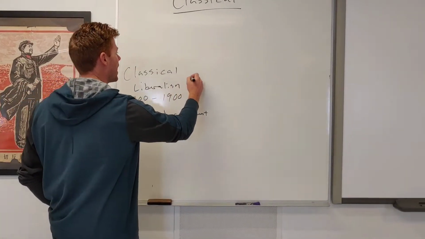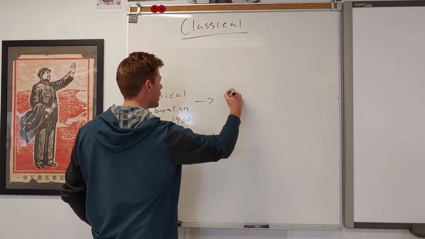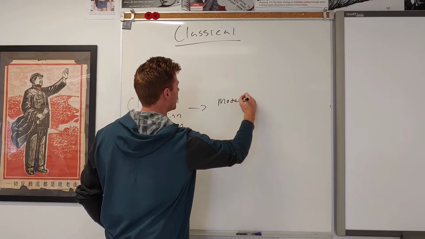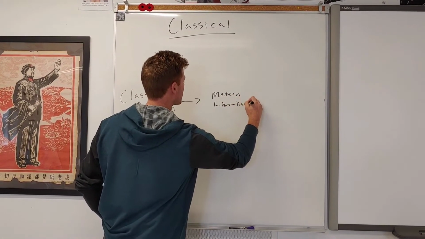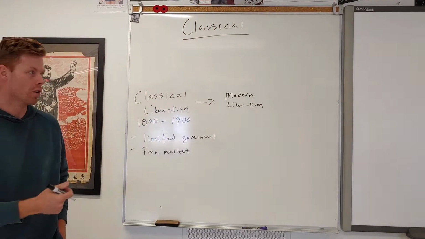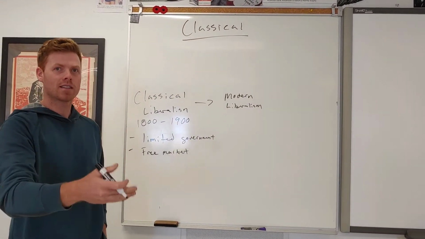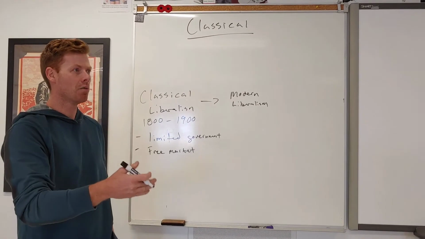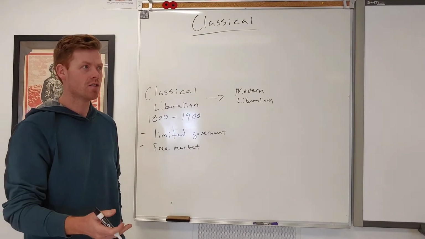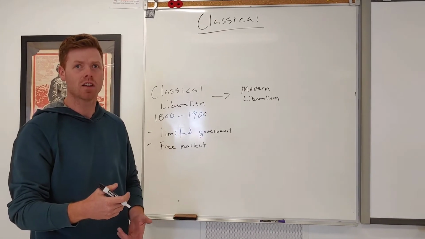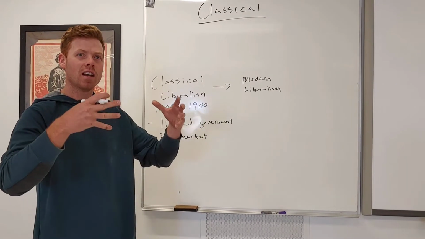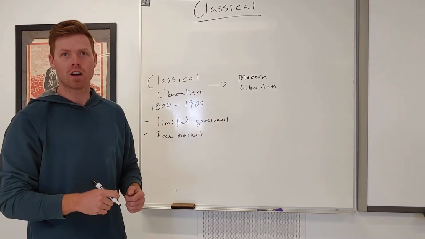This shifted in the 1930s to modern liberalism, which was the belief that people could only be free when government stepped in and intervened and helped people get through hard times. This was when we introduced social programs, public works programs, higher taxation. Government was very much steering or driving the economy.